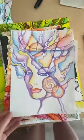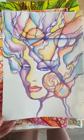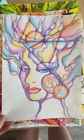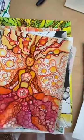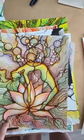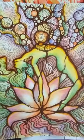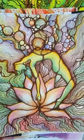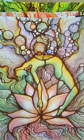These are some semi-abstract neuro artworks also. All neuro art has an intention set before, and so you're working with psychological things. So this was also the chakras. This image, for some reason, had so many crazy likes and shares on, was it LinkedIn or something? I can't remember. But yeah, I drew it and